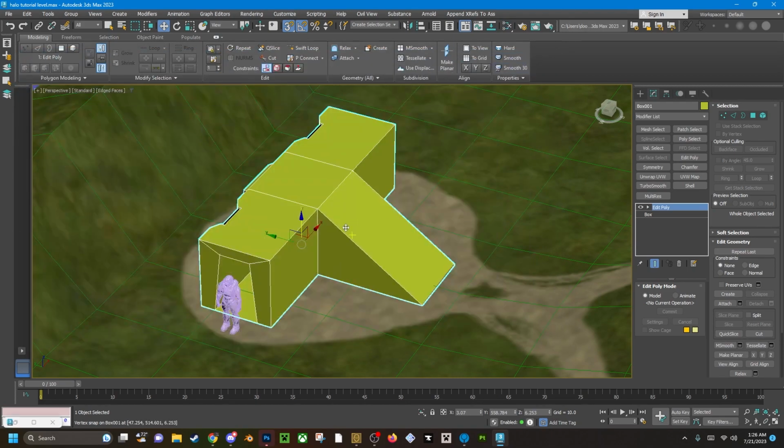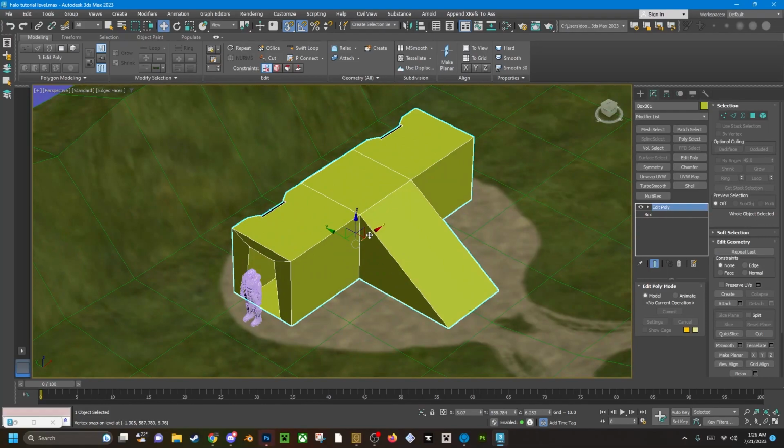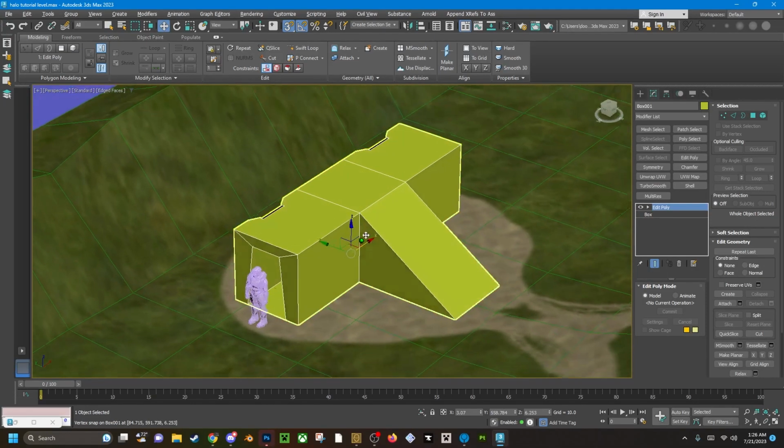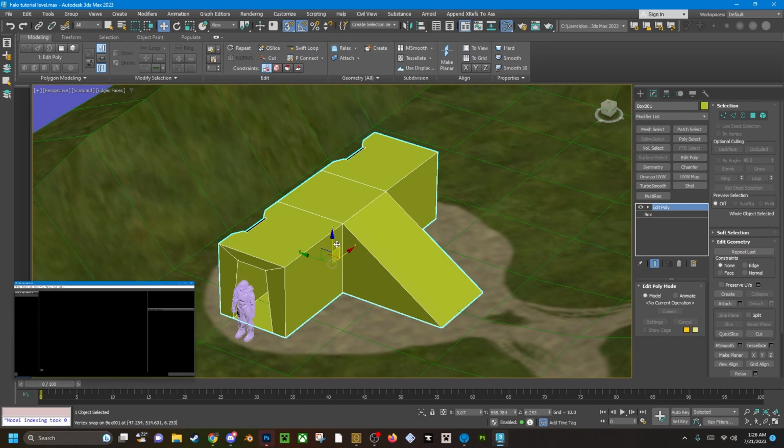So I'm going to minimize this. Let's say I have this base selected. Pretty much you would just get out of, if you're in editable poly or whatever, you want to make sure you don't have any of these selection modes active while you do this. And then what you do is you